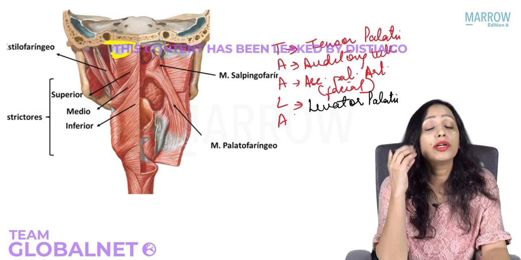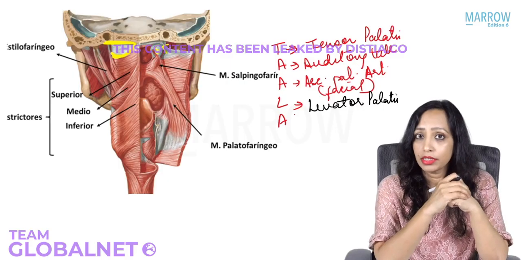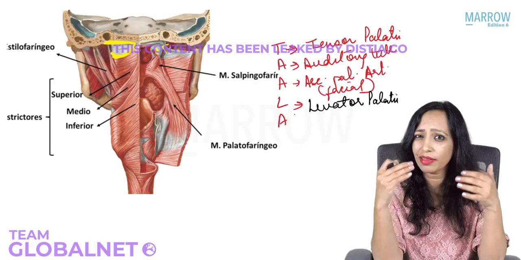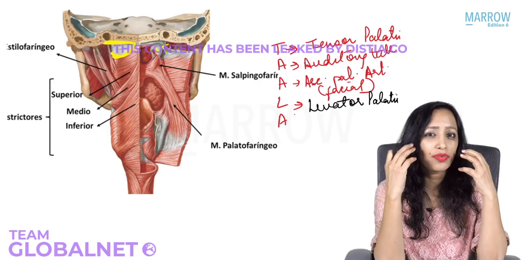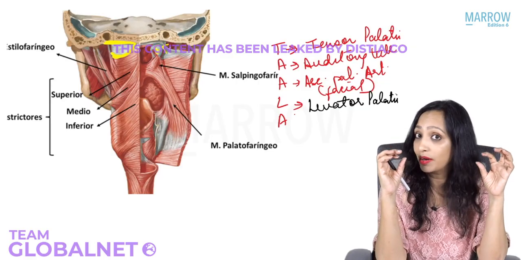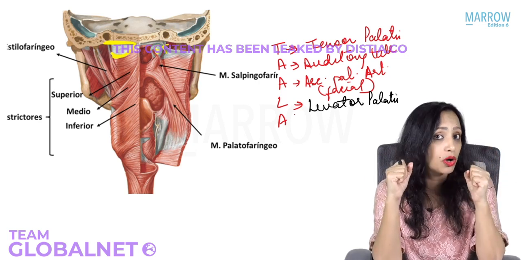That is why, with movements of the palate, the eustachian tube also opens. Whenever you are ascending or descending in a flight, for equalization of the pressure of the middle ear, we need the eustachian tube to open. That is why they tell you to always keep chewing or swallowing something. When you chew, the palate also moves, which leads to movement of the tensor palati and levator palati, and mainly it is the tensor palati that is responsible for opening of the tube.